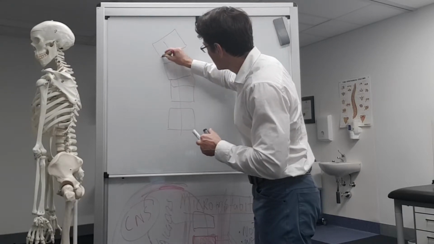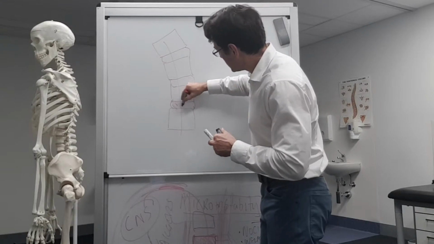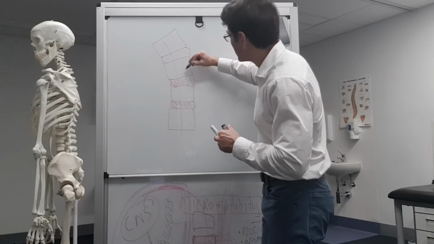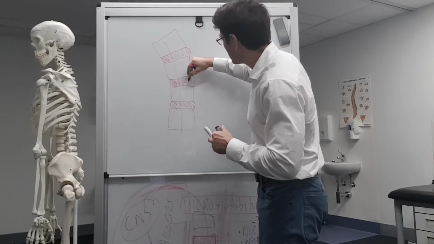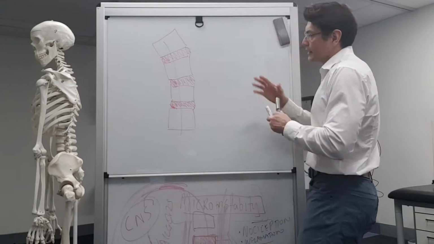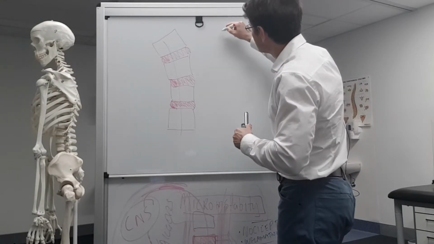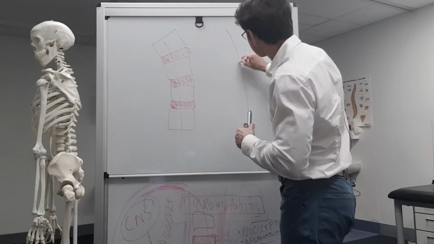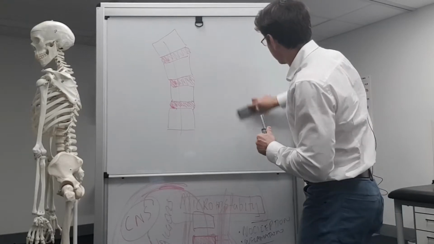minimizing the risk of injury to these little discs here, which are not very strong. Let's face it, these guys are not very strong. It's the support that is strong, not the actual disc. Okay, so that's a coordinated way, as opposed to a spine that is not coordinated and moving in a somewhat,